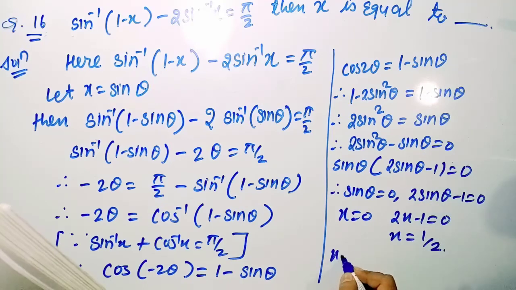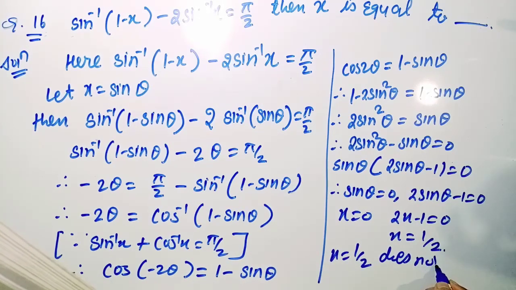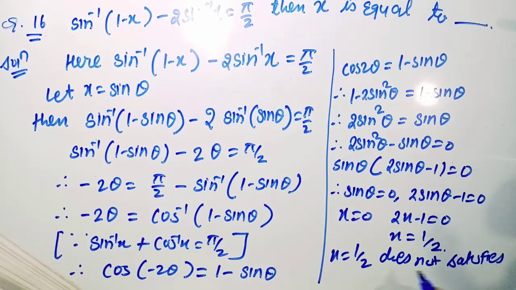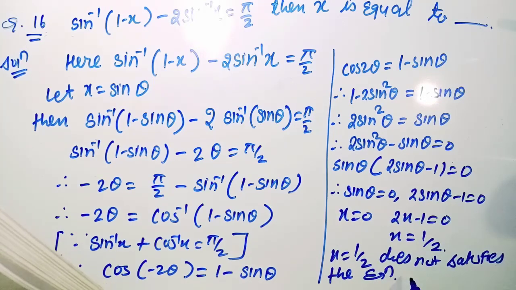So x is equal to 1 by 2 does not satisfy the above equation. If we put it, we will not get pi by 2. So x will be what, students? 0. This is the correct answer of